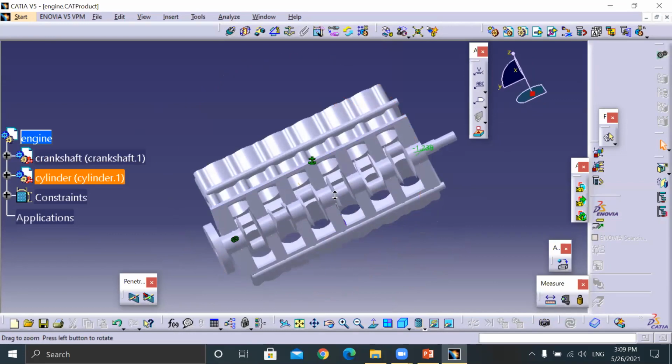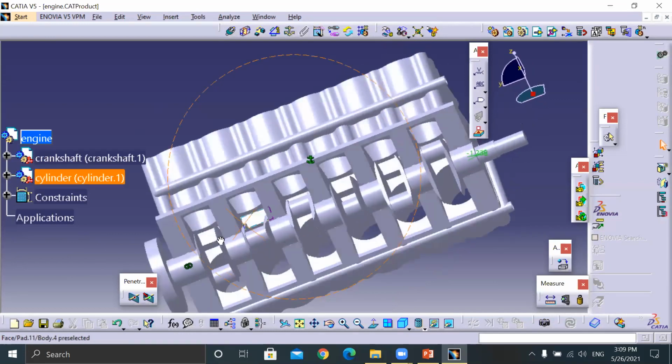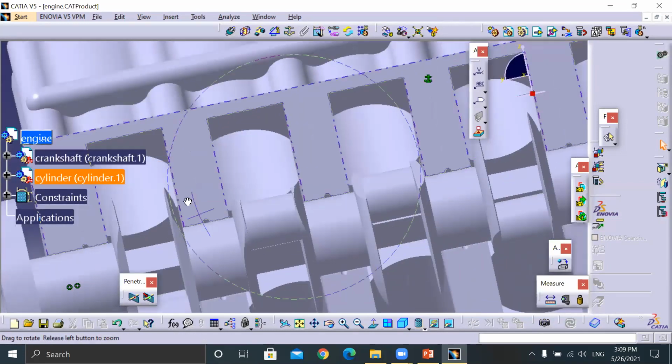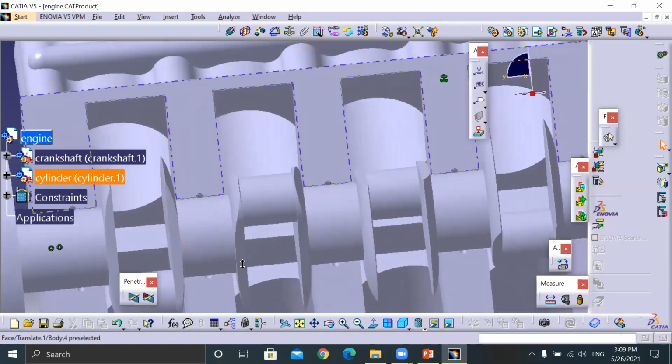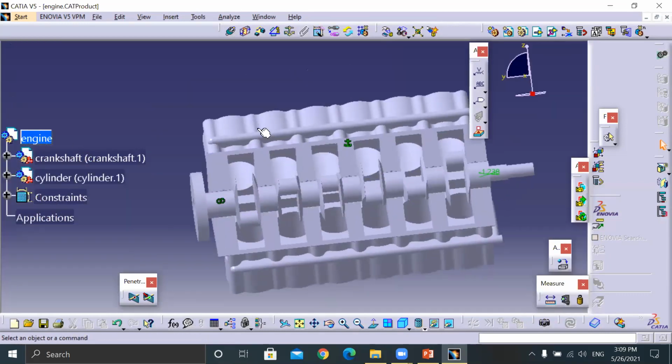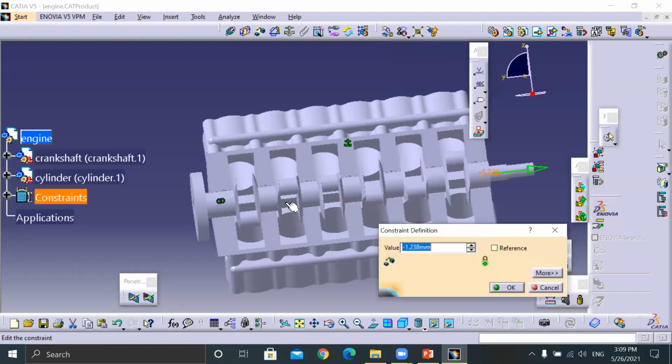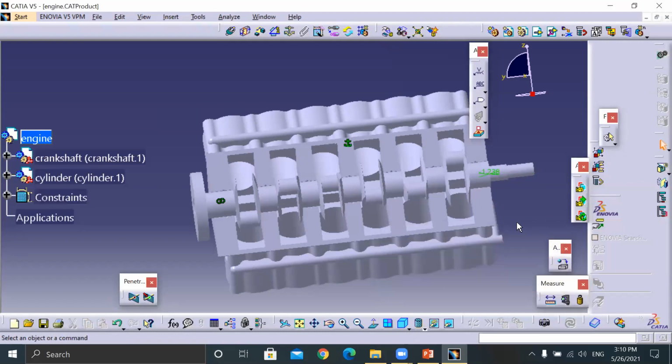Now, okay, this dimension is this one. You have to add it. First calculate the distance from here to here and all this. Then you can put it there. Okay. Now next,